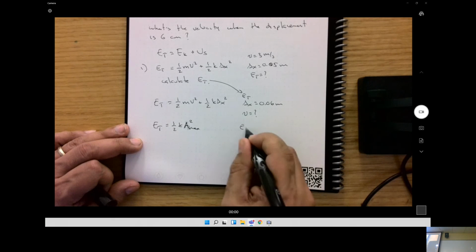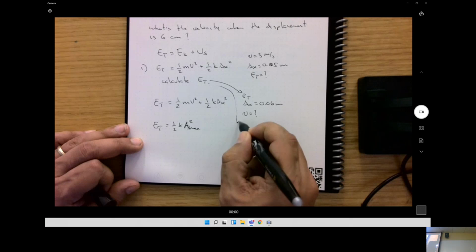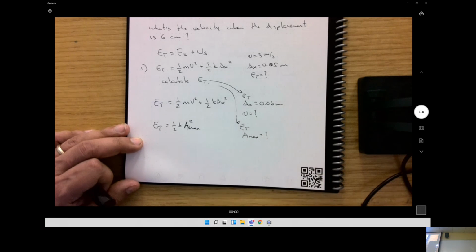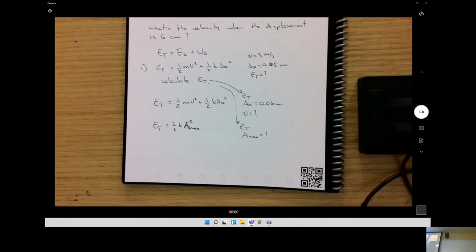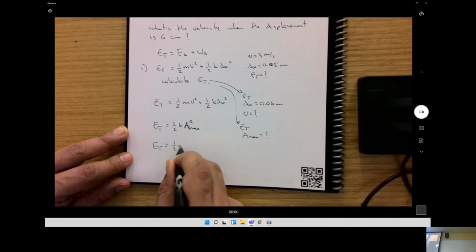So I know the total energy, again from here, and I can calculate the maximum amplitude. And if I were to ask you what is the maximum velocity, same thing. You know the total energy, and this is going to be